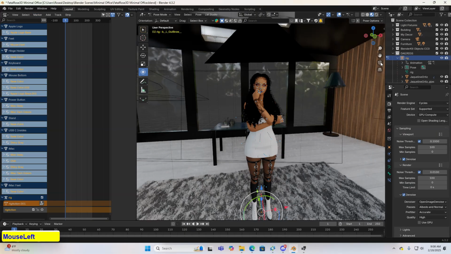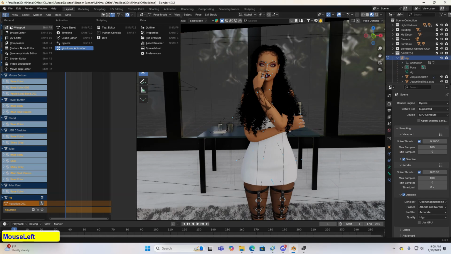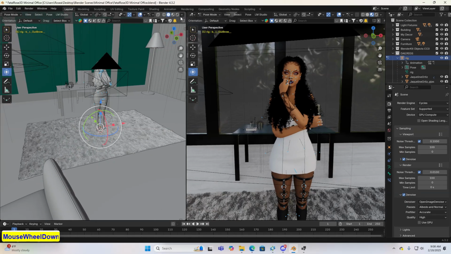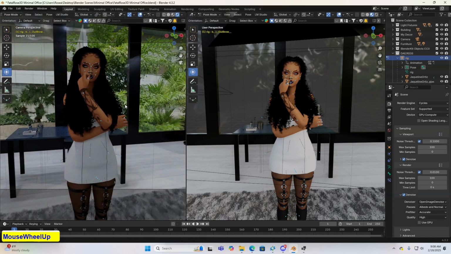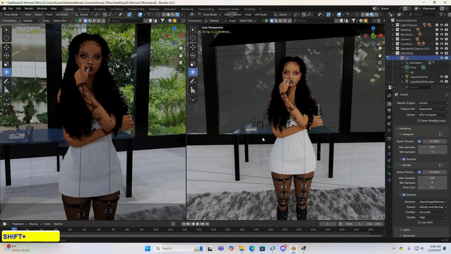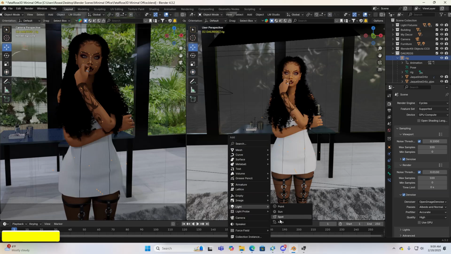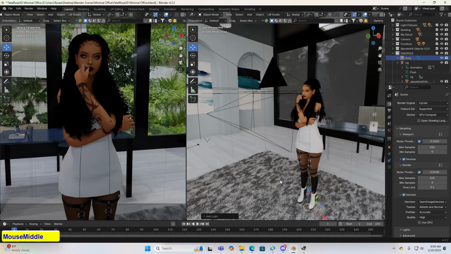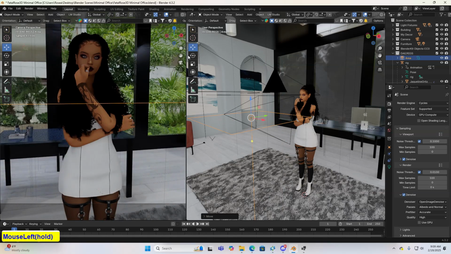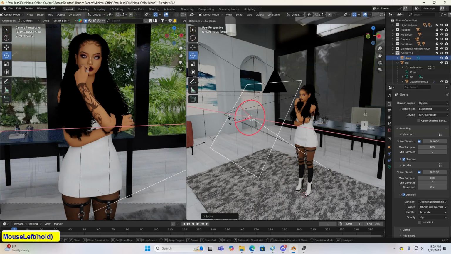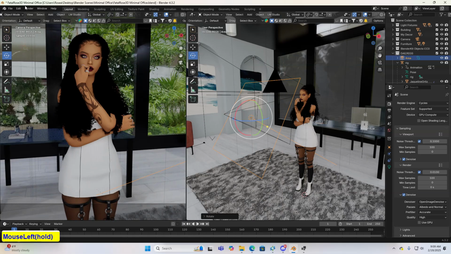So if you wanted to add some lighting, I'm going to change this to the 3D viewport and then bring it over and change to view mode and go into this view so I can see what the render should look like. Then I'm going to press Shift A. Oh, in object mode, I'm going to press Shift A and go down and just grab an area light, and then I can move that